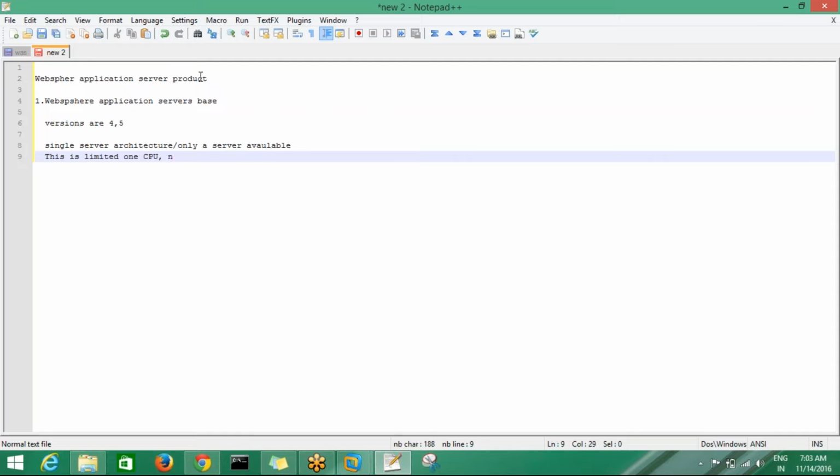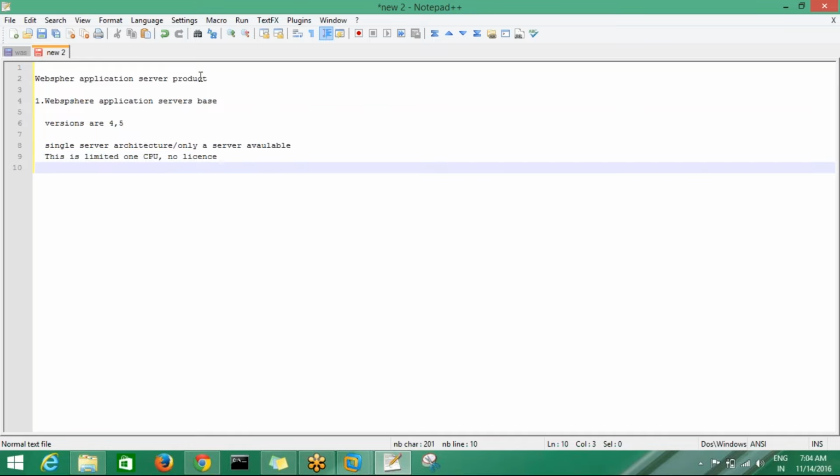One CPU means we can install only one machine. The same product we cannot install on a second machine, second server, second laptop or desktop, and these versions have no license. Single server architecture, that means only one application server available, limited to one CPU and no license.